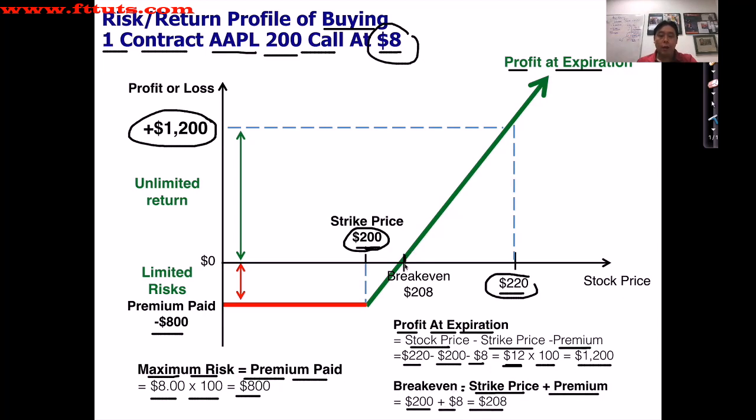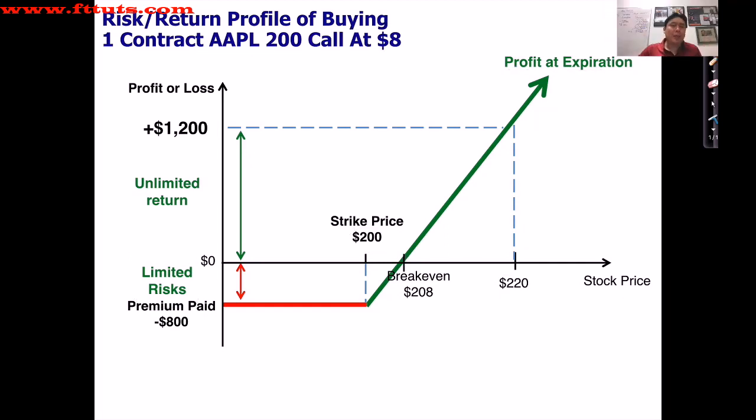If the share price doesn't move to 208 or more, we will lose money, and the max we can lose is $800. But once it crosses 208, the sky's the limit. So you can see from this chart that by buying a call option, we've got limited risk, but unlimited